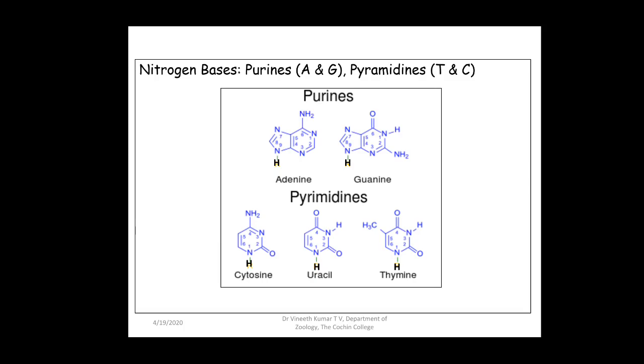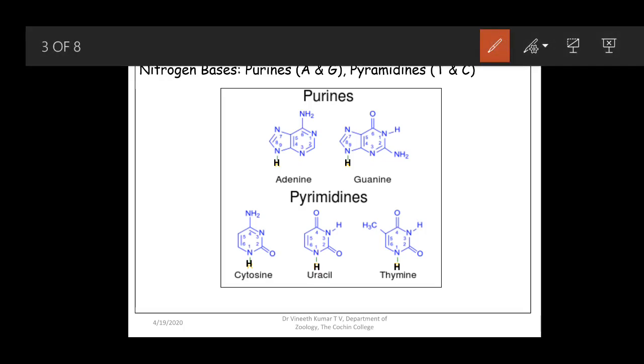So as you see in the diagram, they are ring structures, and you can see the numbering. They are just numbered 1, 2, 3, etc. Coming to the purines, in the case of DNA, you have 2 purines with 9-member ring structure, as you can see in the upper inset of the diagram. These 2 are the purines, adenine and guanine, and the pyrimidines in the case of DNA are cytosine and thymine, and instead of thymine in RNA you will have uracil.